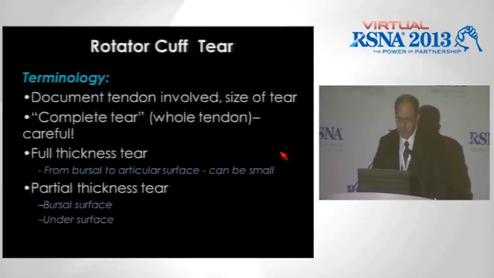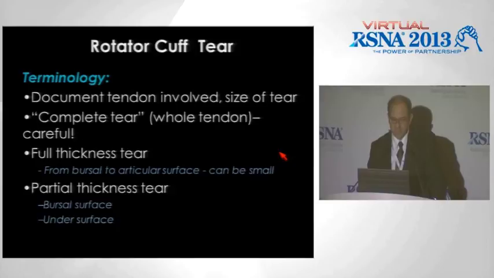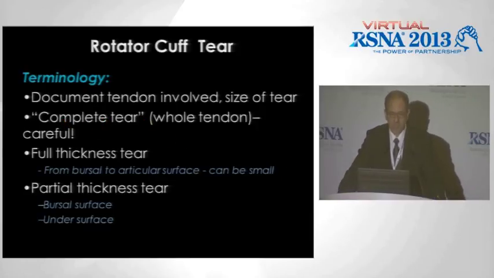Now moving on to rotator cuff tears then, related to impingement. It's important to use the correct terminology. You want to document the tendon involved and the size of the tear, very important. I would avoid the term complete tear. A lot of people, surgeons included, use that term to mean massive tear. So if you're describing a complete tear of one tendon, just be sure to say that in the report, that